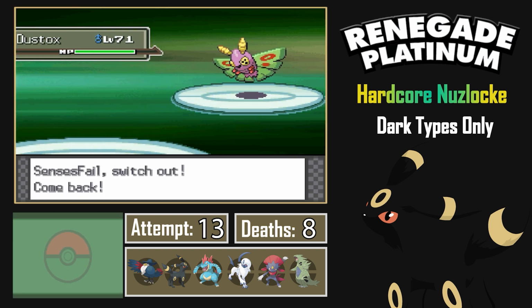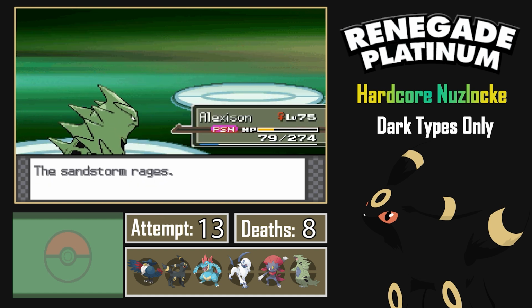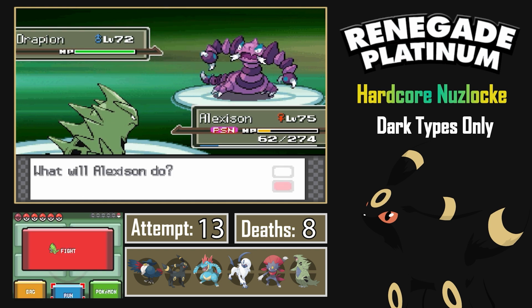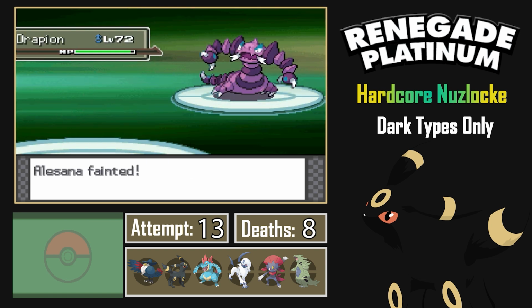I have Tyranitar come in on Dustox and one-shot it with Rock Climb, and then the last is Drapion, and my team is heavily damaged and will need a miracle to get past this thing. Umbreon switches in on a critical hit Earthquake, which we live, but the sand finishes us, and then Weavile comes